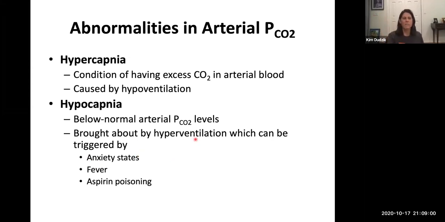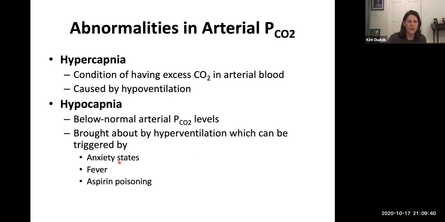So I hope I didn't confuse you. So I'll say it again. Hypocapnia, below normal CO2 levels in the blood. And that can happen when you hyperventilate, like when you're anxious. So you're hyperventilating and you're breathing out too much CO2 more quickly than what you should be doing. So the blood levels of CO2 is getting too low. Okay, so breathe into a bag. So that means you exhale the CO2, the bag captures it. So the next inhalation has more CO2. So you can put it back into the bloodstream. And then you'll see the person start to calm down.